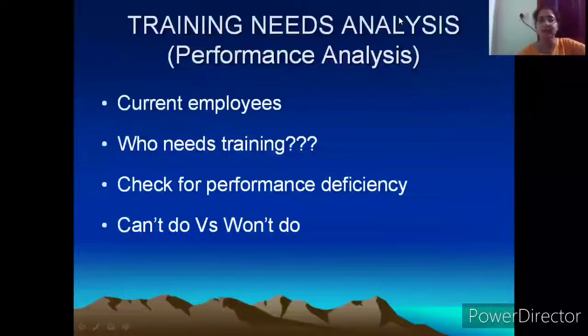One more example of checking for performance deficiency is, it need not be related to a candidate especially, it can even be related to any unit or any department. Okay, so take an example here. There is a particular company which has factories in different places. Each of those factories has a particular type of machinery. So that machinery is there in all the factories. The same model, the same type, the same design of machinery, all these things are the same in all the factories.